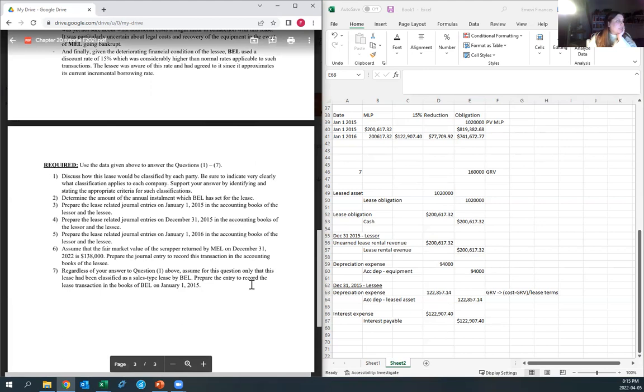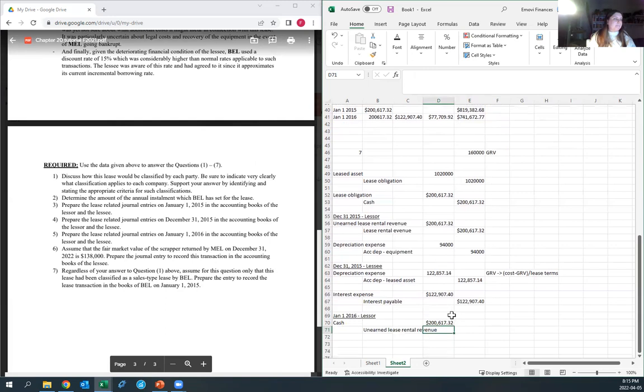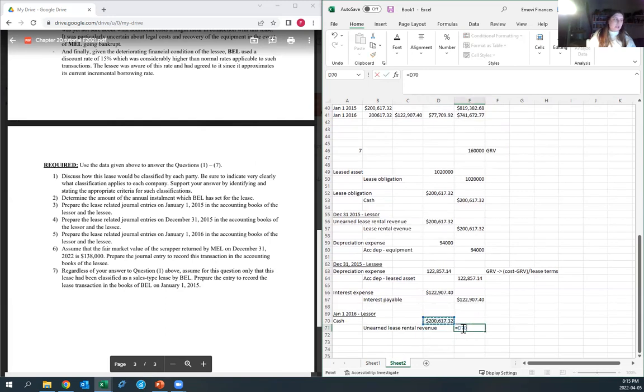Then the journal entry for January 1st, 2016 for books. The lessor is going to have an unearned, like before, they're going to get the cash and they're going to record an unearned lease rental revenue of the 200,000. Same thing here. And for the lessee,